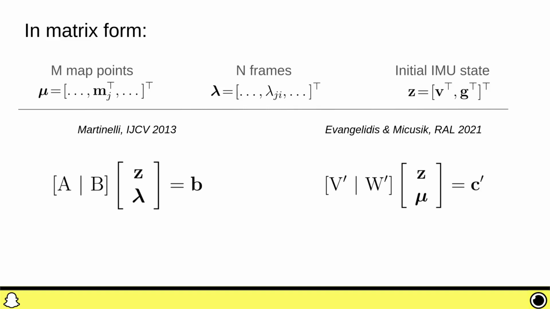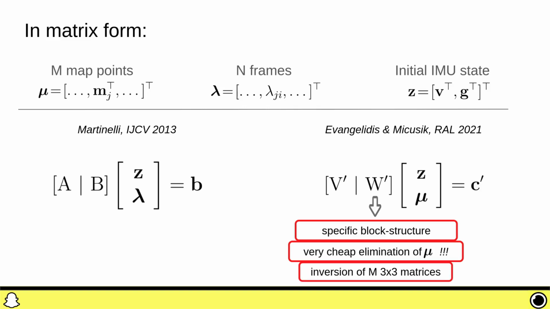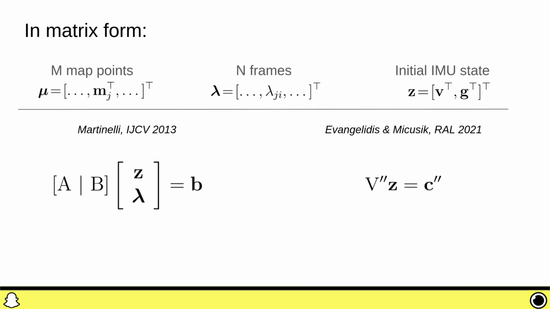Moreover, the resulting matrix W' has a very specific block structure, which allows the efficient elimination of the vector mu also. Such an elimination requires the inversion of only M 3x3 matrices, which has an analytic solution. Finally, the double elimination leads to a minimal system with 6 unknowns, which can be built in a very efficient